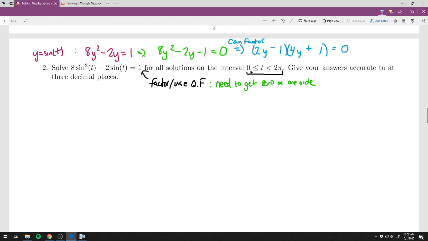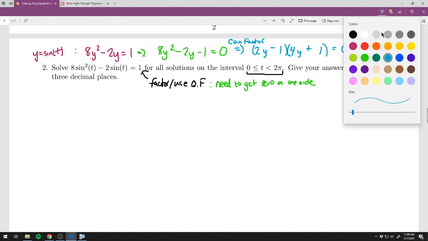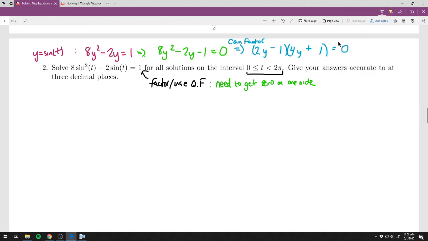Right. So we can factor that, and we did. And I'm going to proceed exactly like I did last time. Now that we factored it, I'm just going to plug back in y equals sine of t and continue to solve. The one thing I always recommend with plugging back in, you don't want to plug back in before you factor, but at least if you plug back in right after you factor, you don't forget what you're actually solving for,